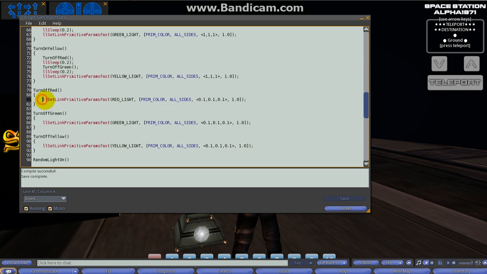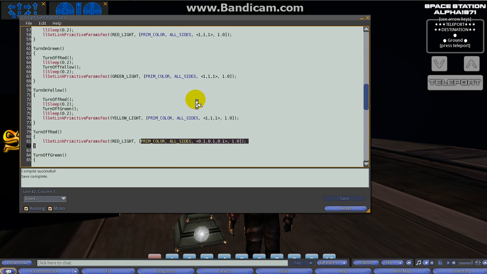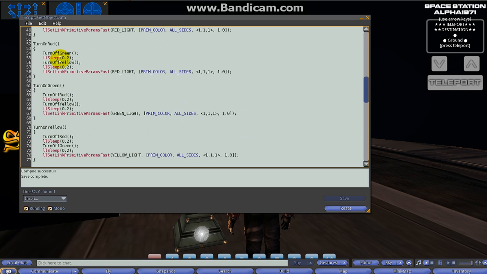So the off functions for these lights, red, yellow, and green, it just sets the link primitive param for the red light, instead of all of them, just for the red light, and the prim color to 0.1, 0.1, 0.1, so it's going to be dark. And then when we use the turn on, we can just call the turn off functions for the other lights. So in this case, turn on red